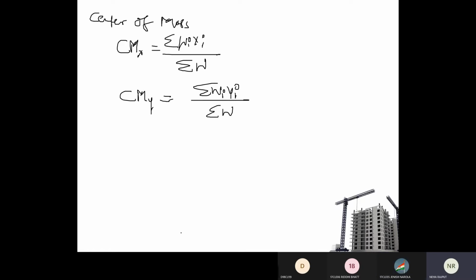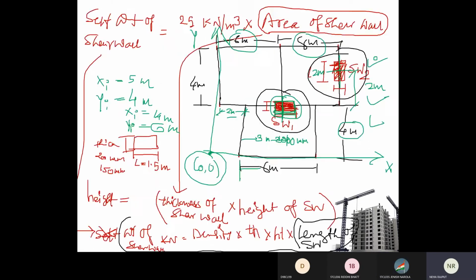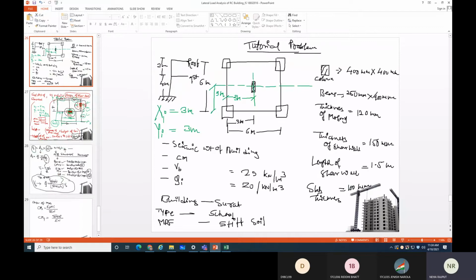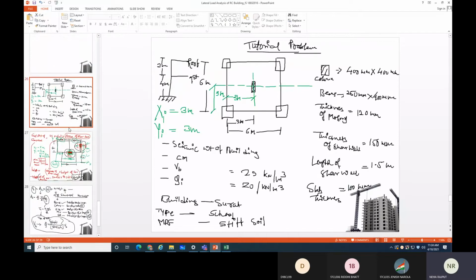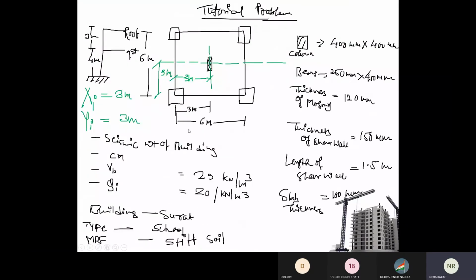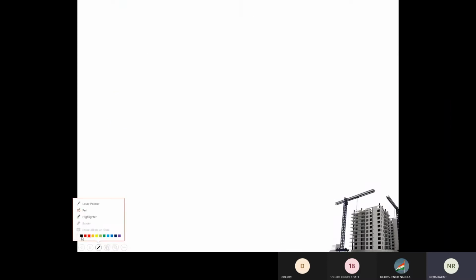No, ma'am. Okay, so if a very small building is given like this, your tutorial example, then it is very easy for you to do the calculation without Excel. Excel के बिना भी ये calculation आप कर सकते हो. कैसे करोगे? Right, how you can do this calculation? How many columns are there? 4 columns. So if I want to find first, कितने फ्लोर है?